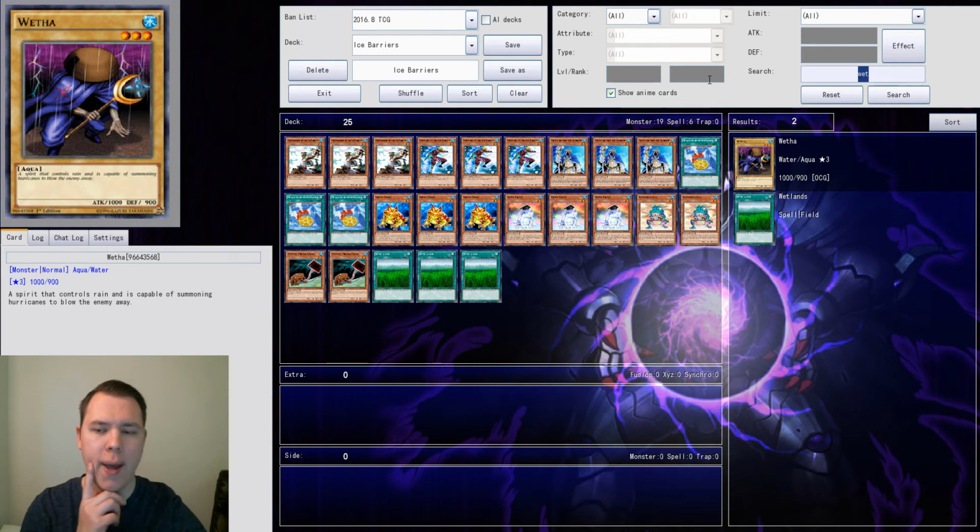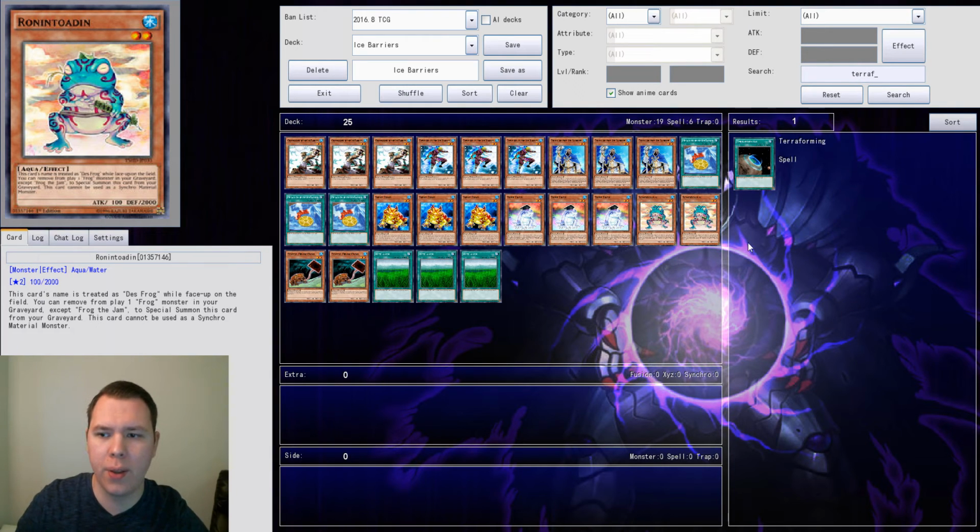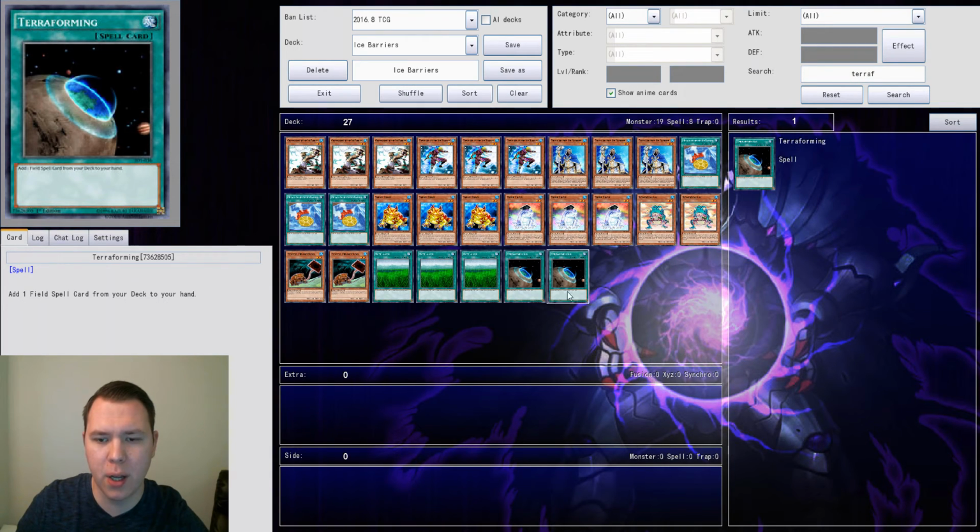How many of those do I want to add? I'm trying to think here. Because we're going to add Terraforming. But I think I'm just going to play 2 instead of 3, because 3 can be cloggy. And then because everything is water...